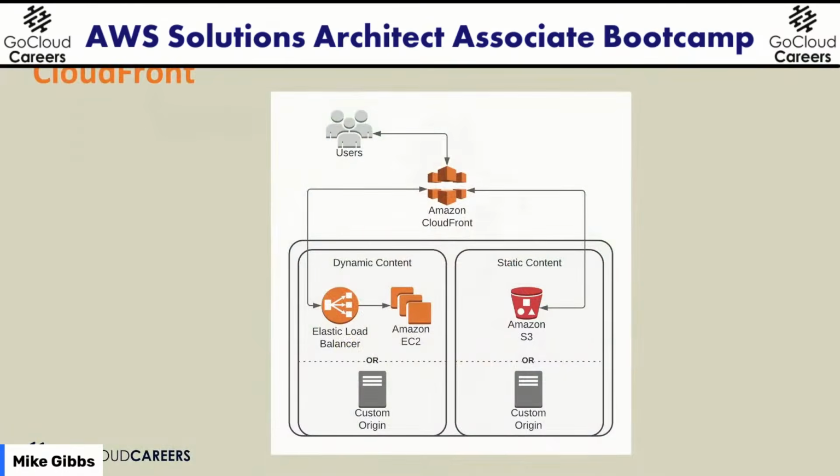So this is a common environment for a web server environment where you're going to have dynamic content that's going to be hosted on virtual machines, otherwise known as EC2 instances, and you'll have a load balancer in front of them. And you might have static content like videos or cat photos or whatever our product photos are sitting in an object storage bucket or S3. And that's how the systems will be cached. The source of it is considered an origin.